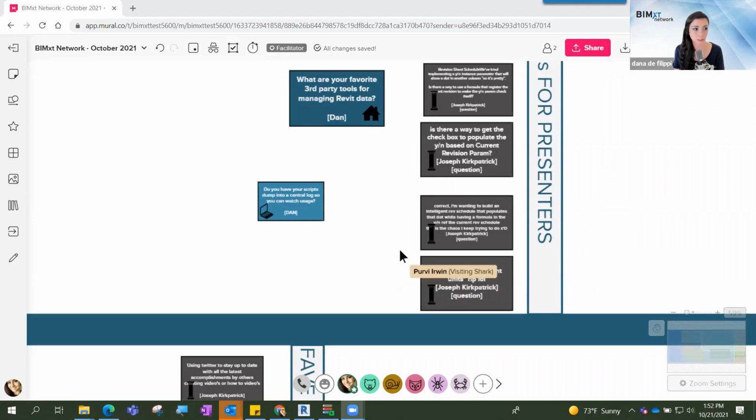Another thing I'm going to share here: Orchestra allows you to manage your Dynamo scripts across your firm. It's Orchestra with a K, very easily. And not only does it allow you to manage your scripts and push them out to your entire firm, which is also a challenge, right? Because we don't want to use a shared network in most cases. How do we get everyone the same list of Dynamo Player scripts? How do we get everybody the same list of packages? All of that. The answer is